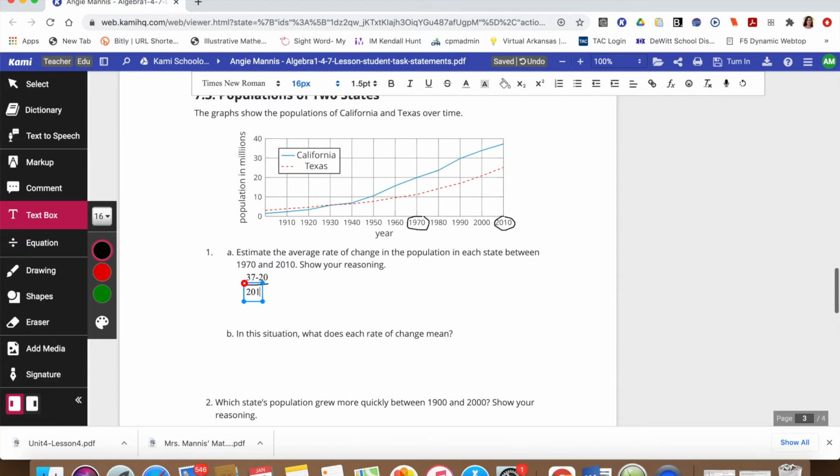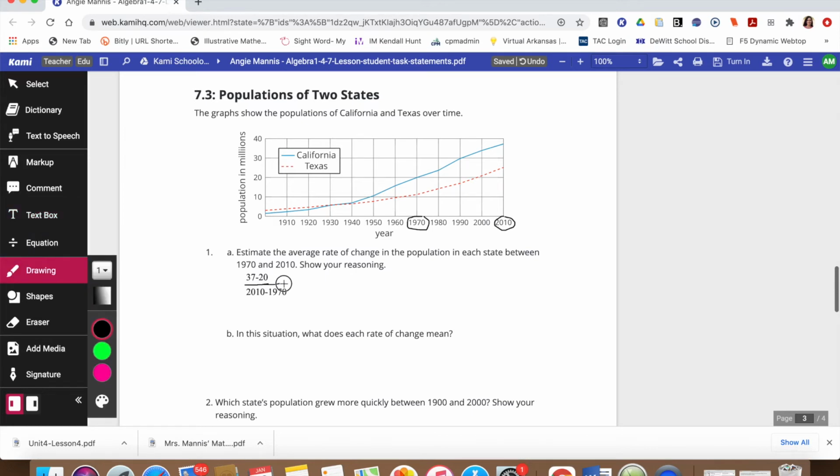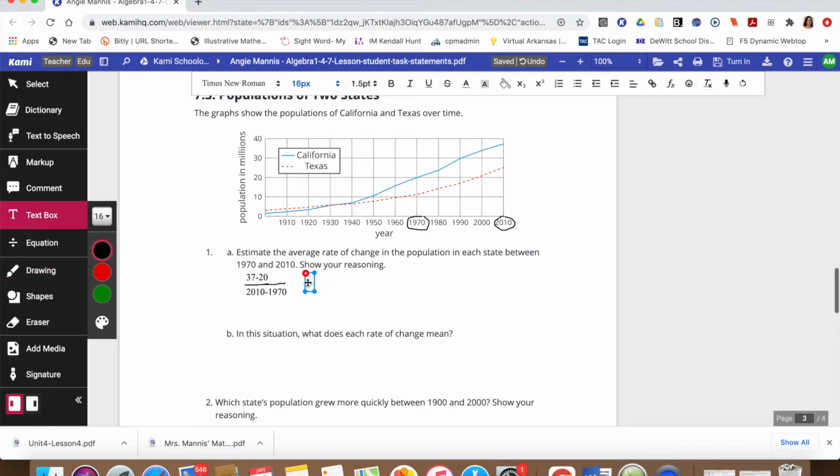So we'll do 2010 minus 1970, which we know is 40. So let me draw that line a little bit larger. All right, so 37 minus 20, we're going to get that this equals 17 over 40,